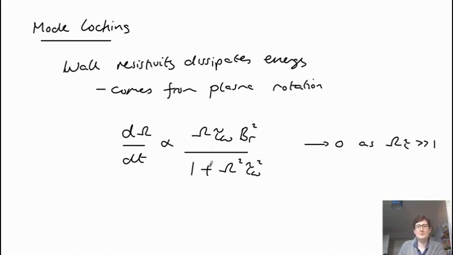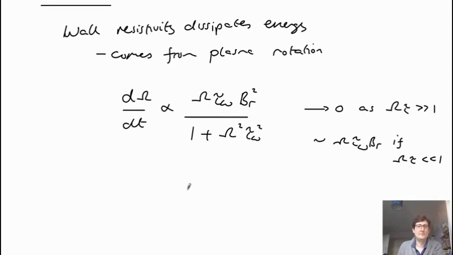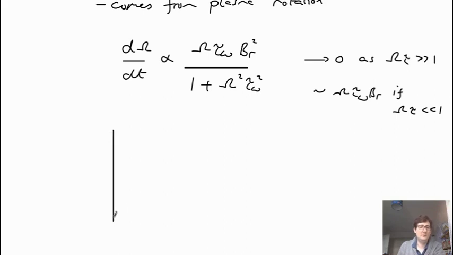But as omega goes to 0, and so as the rotation rate goes to 0, this also of course goes to 0. And as the frequency gets small, this term becomes small, and so it's roughly omega tau B_R if omega tau is small. So if omega tau is small, then the extra term is ignorable, and the whole thing is just linear. And so what happens is, if I plot here,